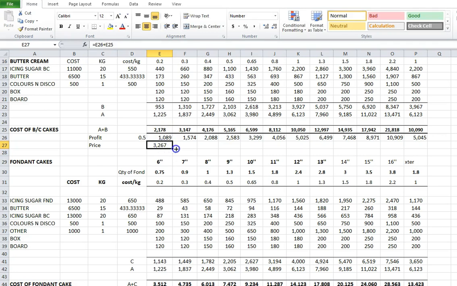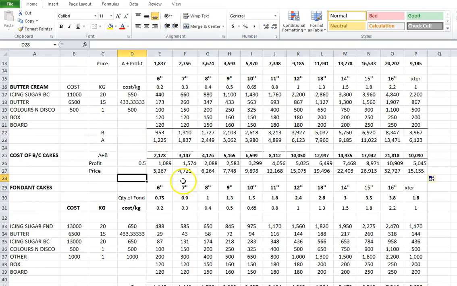So I'm going to copy this all the way to the end so that I can know the price for each and every size. So for your 10 inches cake, for instance, if you are doing a buttercream cake, if you are selling your cake below 9,898, you are making a loss. The minimum price, if you want to get this profit of 50%, is supposed to be 9,898 naira. For 6 inches, the minimum price you should sell is at